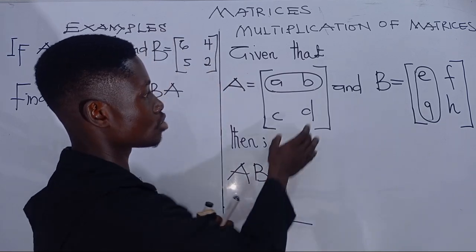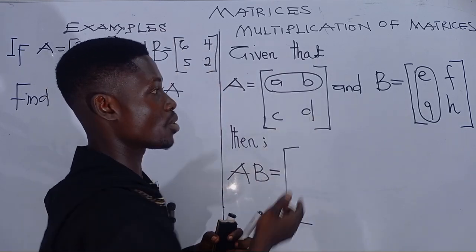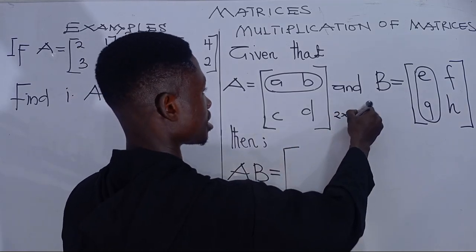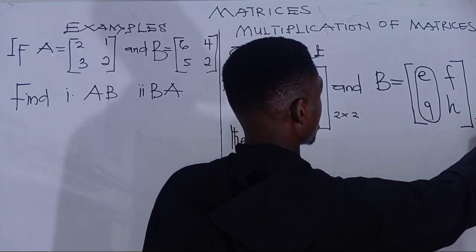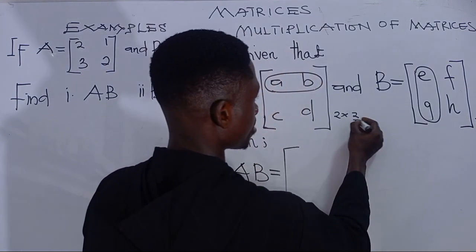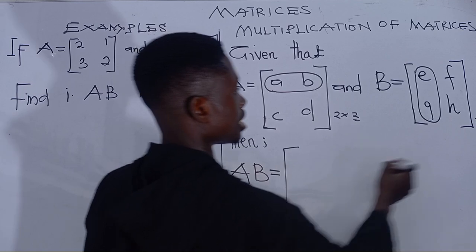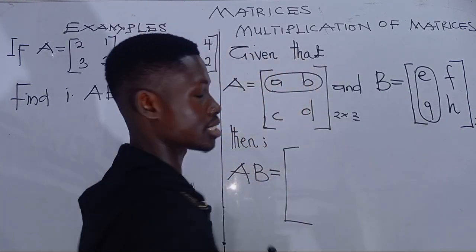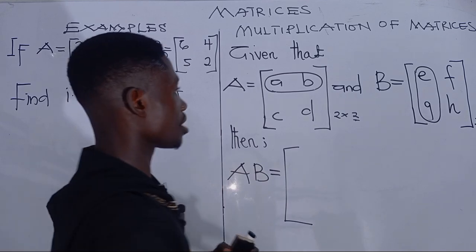But remember that this is a 2 by 2 matrix, this is a 2 by 2 matrix, and this also was a 2 by 2 matrix. And since the number of columns in matrix A is equal to the number of rows in matrix B, these two matrices can be multiplied together. So we have